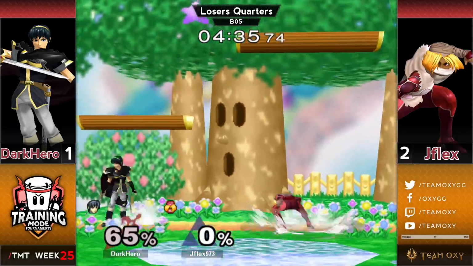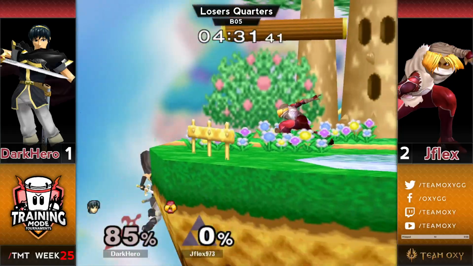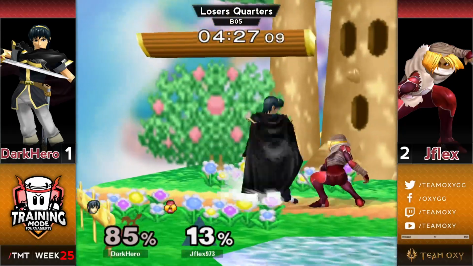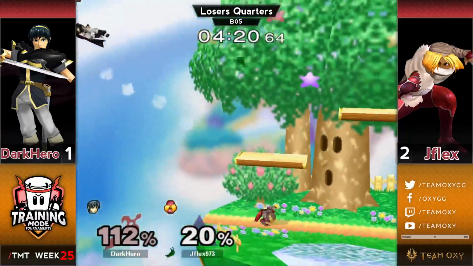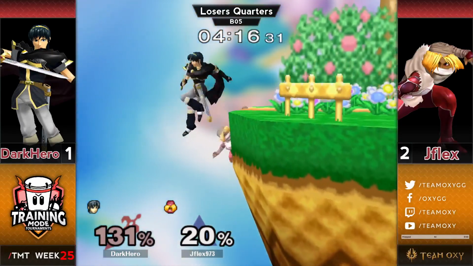I was gonna say good DI from Jflex for the slide off the down throw, but then he comes back up and gets raw tippered in neutral. DarkHero giving himself a chance here. Waits out the spot dodge. Gets the tech chase on the next down throw. Misses the down smash. Could have been huge. Instead, Jflex gets to turn this into his own combo, into his own edge guard. This might be an ability to close out and turn it into his own